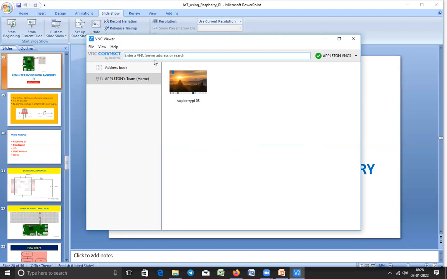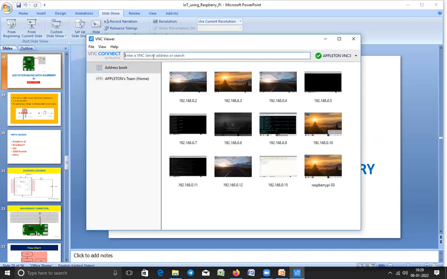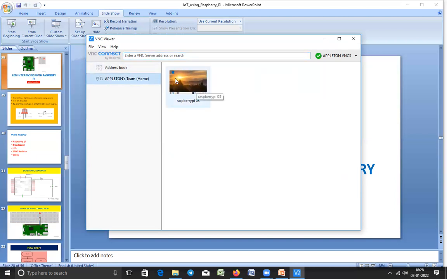I'll be showing you. Here what we have to do is provide the IP address of the Raspberry Pi. You can do two things. One is you can access through the local network, or otherwise I am already logged in, so I can use this particular system directly. It is already available over the internet, so I can use that also.